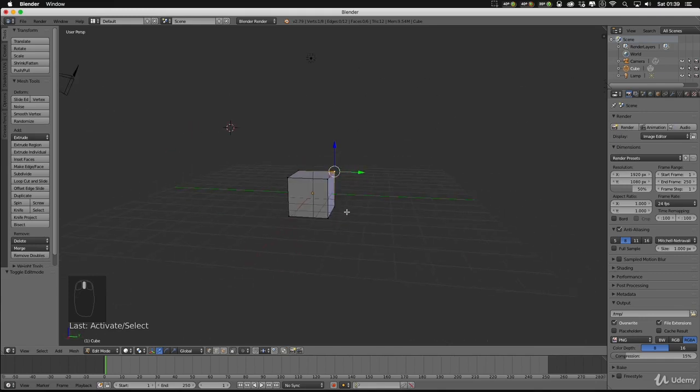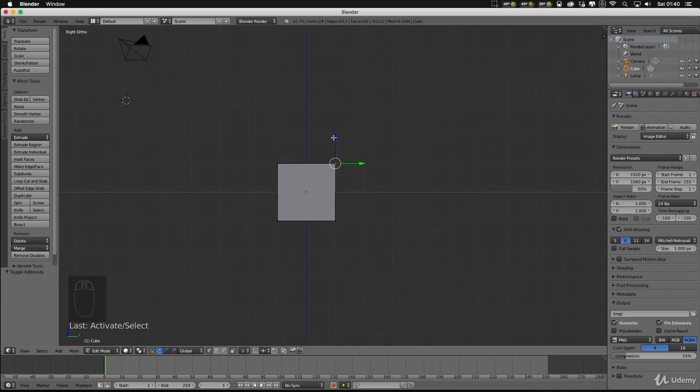So first things first, we need to make this cube into a building. I'm going to hop into my right view and I'm going to make it ortho. That's 3 on your numpad and then 5. Or if you're using a keyboard without a numpad, you can just use your 1 to 0 keys at the top.